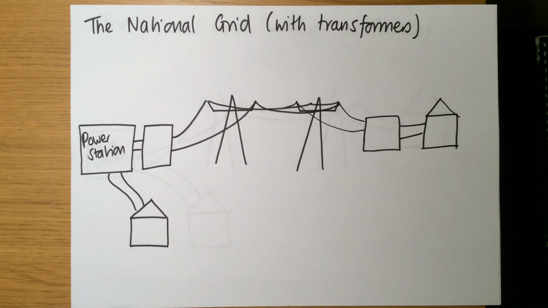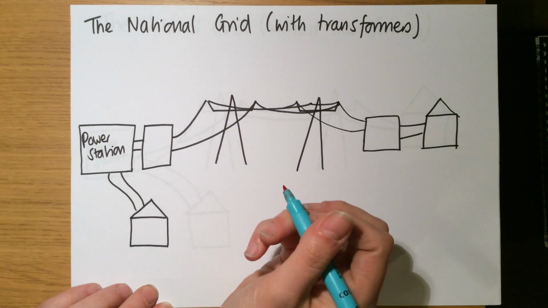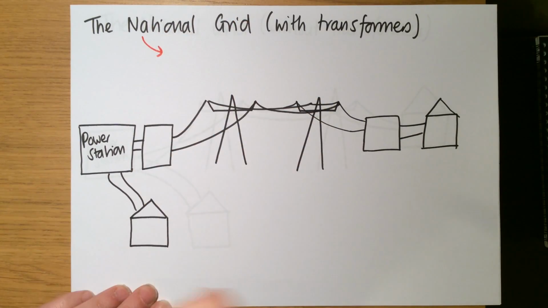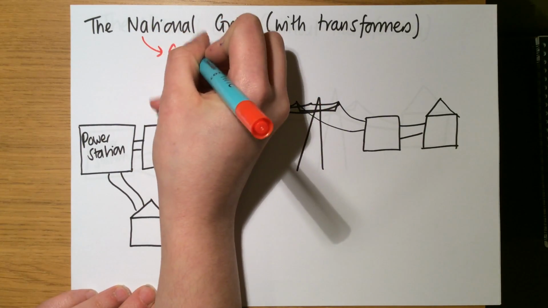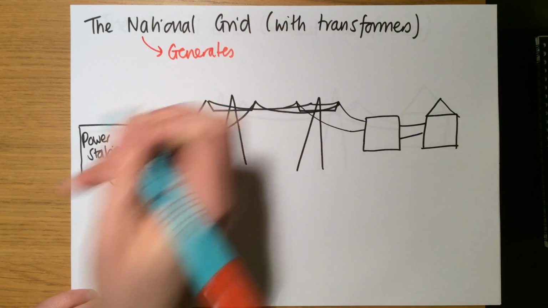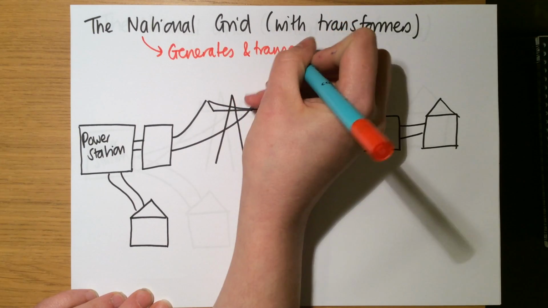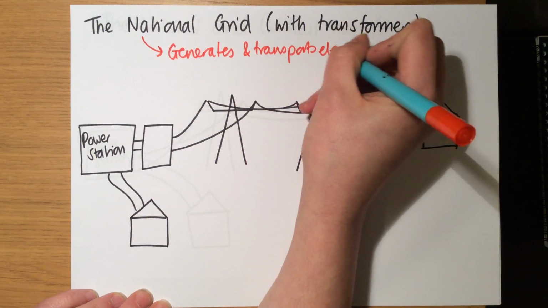This is a really basic diagram of the national grid. Now, the national grid is the system that produces, generates and transports electricity around the country. So for the national grid, it's the UK. So it generates and transports electricity